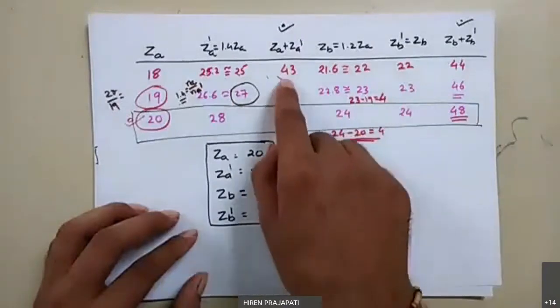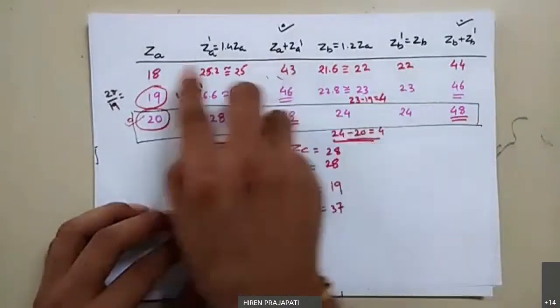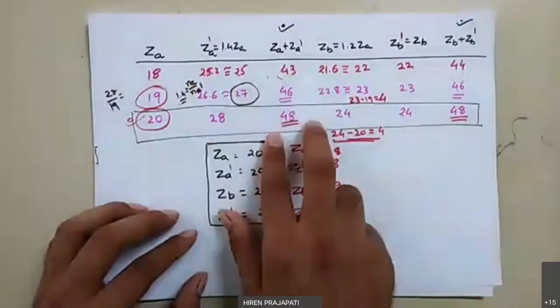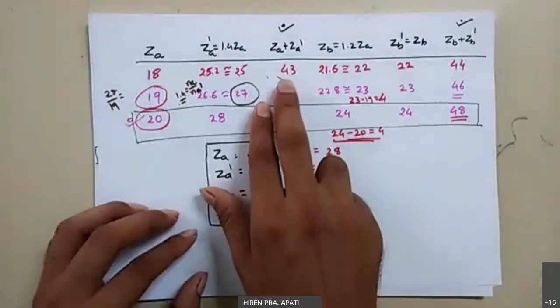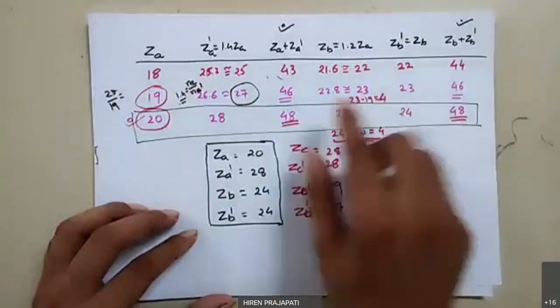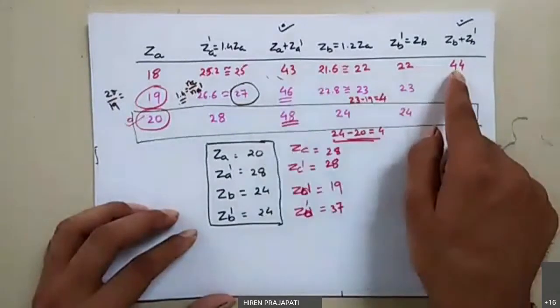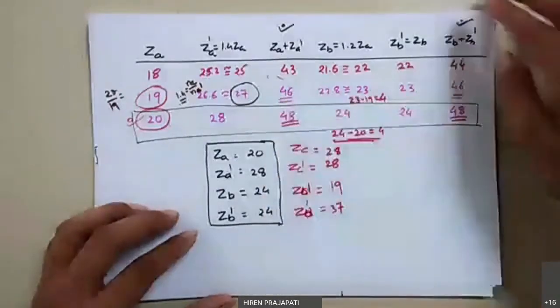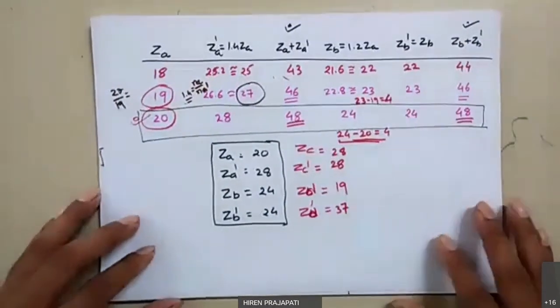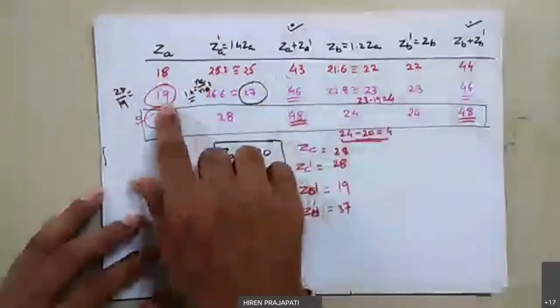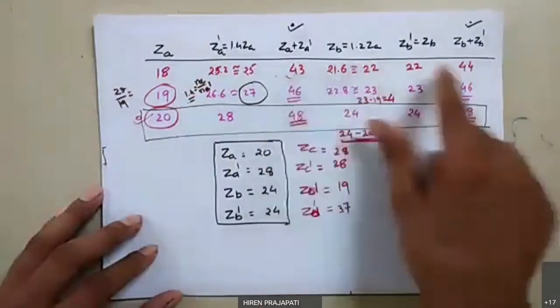Then we find the center distance between the shafts based on the number of teeth on a particular gear pair, right? The center distance should be the same for both gear pairs. That's why we need the same values in these two columns for termination of our iteration. First we took 18 for gear A because gear A is a pinion, and for that we calculated these values. Then we found 43 and 44, so these two columns do not match.